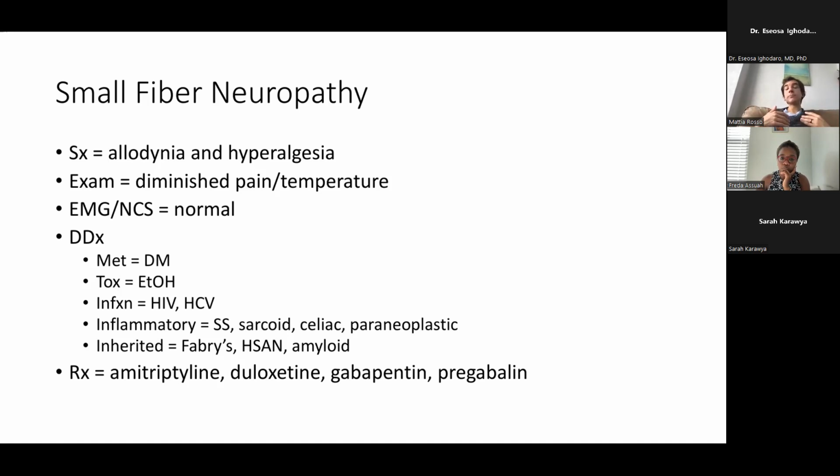And a way this could be tested is to do a dermal biopsy. You can send patients for a dermal biopsy to get objective data that there is a small fiber neuropathy. And in some cases, this can also be important, because you may be able to get the biopsy, stain it and, for instance, prove that it was amyloidosis causing the small fiber neuropathy, just to give you one example. And again, this is different than a nerve biopsy. It's a dermal biopsy of the skin. It's a skin biopsy.